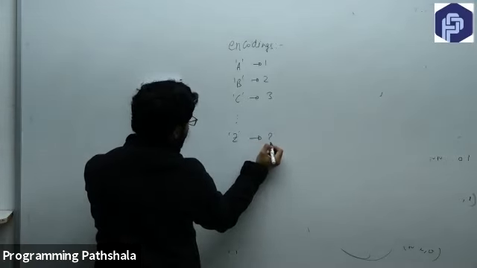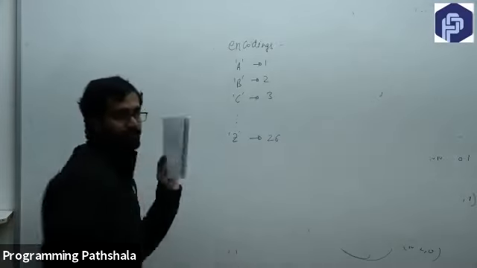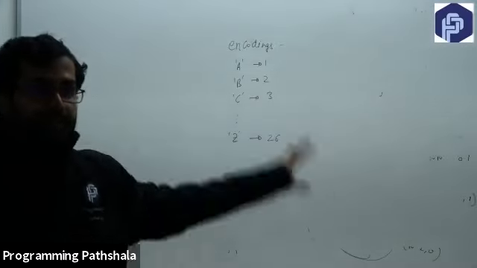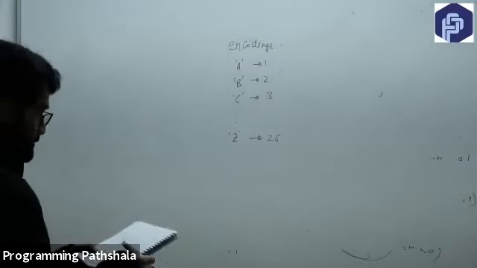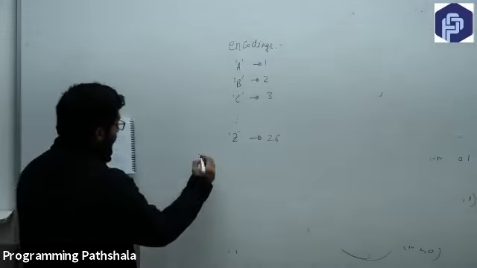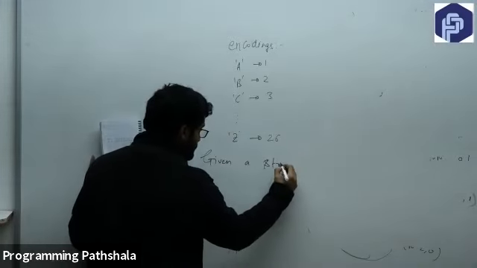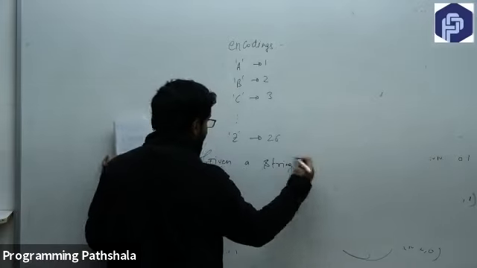Capital Z would be what? It goes on and on like this, it would be 26, right? So let's say I have defined this kind of encoding. Now, what I want to do is that I have been given a string, and that string contains